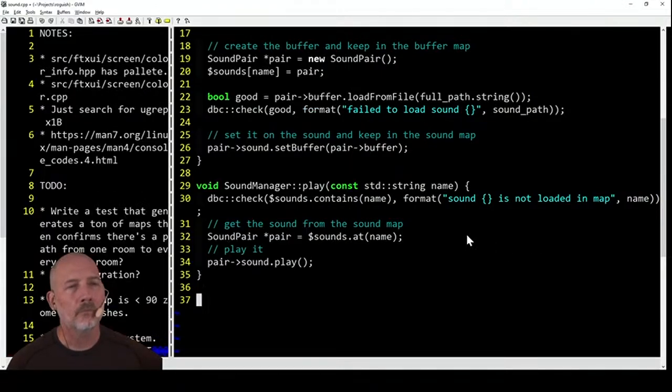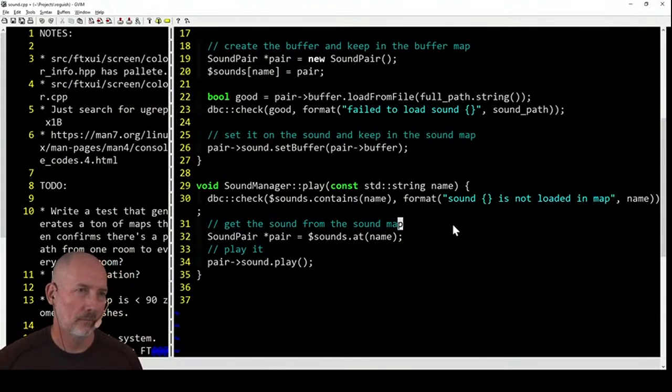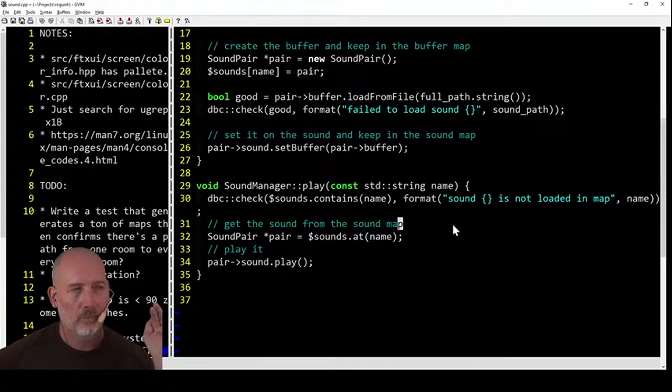I wonder, because we have a map of all of the sounds, I wonder if the reason they do the buffer is you're expected to create a sound repeatedly instead of caching it. It seems kind of weird, but